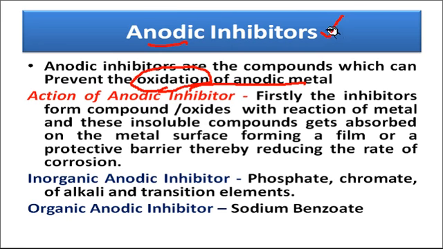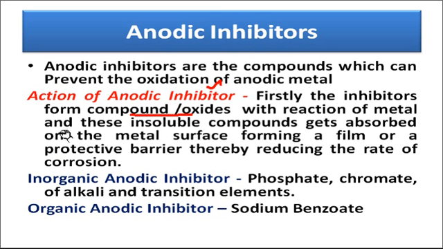So anodic inhibitors are those substances which can retard the rate of oxidation of the metal. How can these anodic inhibitors decrease the rate of oxidation of metal? Basically, these inhibitors form oxides or compounds with the